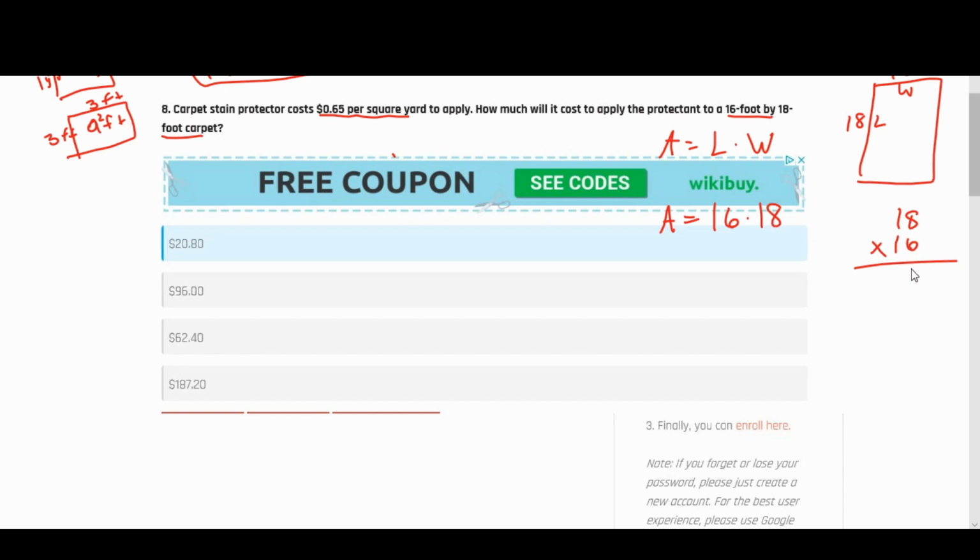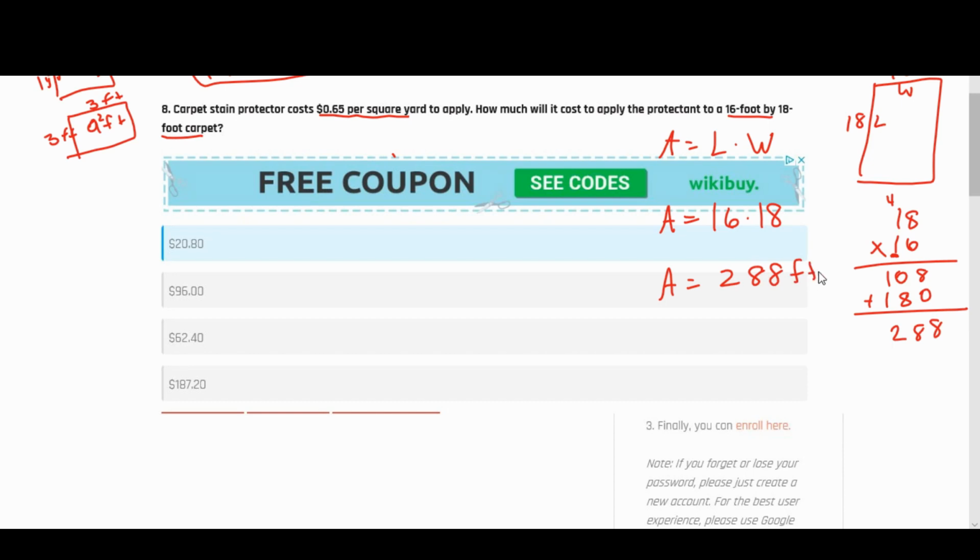8 times 6 is going to be 48. Carry the 4. 6 times 1 is 6, plus 4 is 10. Add a 0 since we're starting this number. 1 times 8 is 8. 1 times 1 is 1. Let's add. 0 plus 8 is 8. 0 plus 8 is 8. 1 plus 1 is 2. So we know that this is going to be